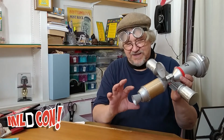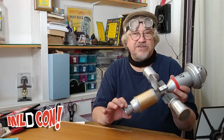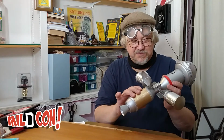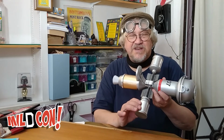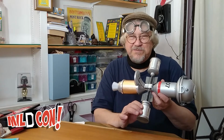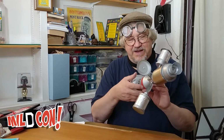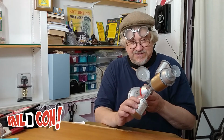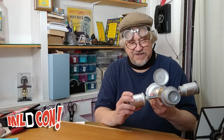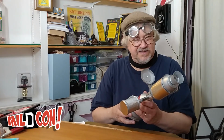Let's see, heading back to the back end of the spaceship, this section right here is a sauce dip container, and this rocket nozzle is actually the lid to one of the mouthwash bottles. This right here, this fuel cell, is actually a gum container with a pop top, and this right here is just a plastic jar that I glued back onto its lid, and then of course some metal discs on the